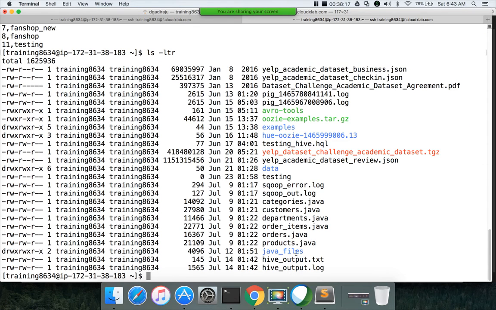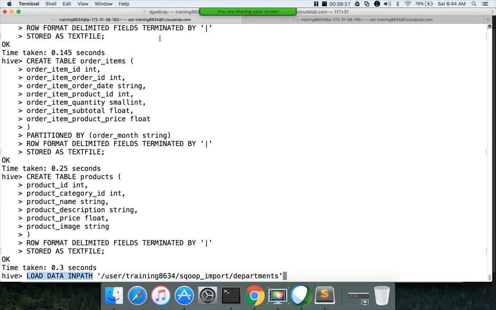if I want to copy files like hiveoutput.txt or anything under this location, these are called local files on this machine. When you perform loads using that data, you have to say load data local inpath. But if you don't say local between data and inpath, it is considered that you are trying to copy from one HDFS location into this Hive table. And then you can say into table, and we have to give the table name.